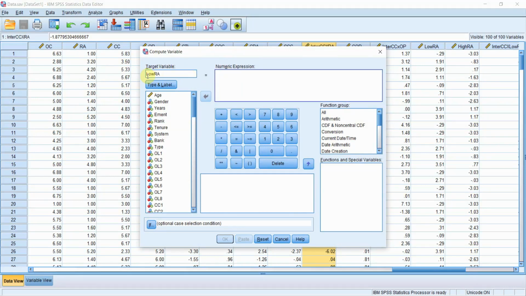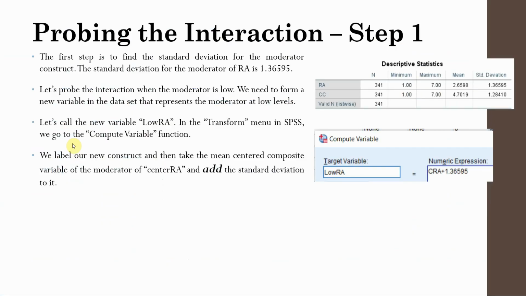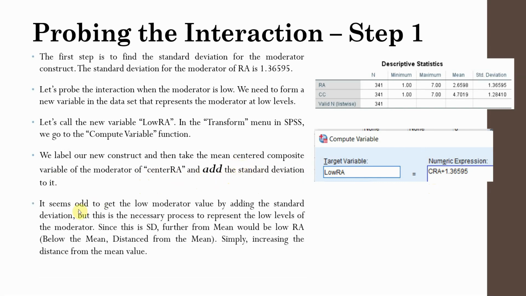And how do you create low role ambiguity? Have a look here. We label our new construct and then take the mean centered composite variable, the variable that you already centered, and add the standard deviation. When you are creating low RA, you need to add the standard deviation. Now, it does seem odd to get a low moderator value by adding the standard deviation, but this is a necessary process to represent the low levels of the moderator, since the standard deviation further from the mean would be low role